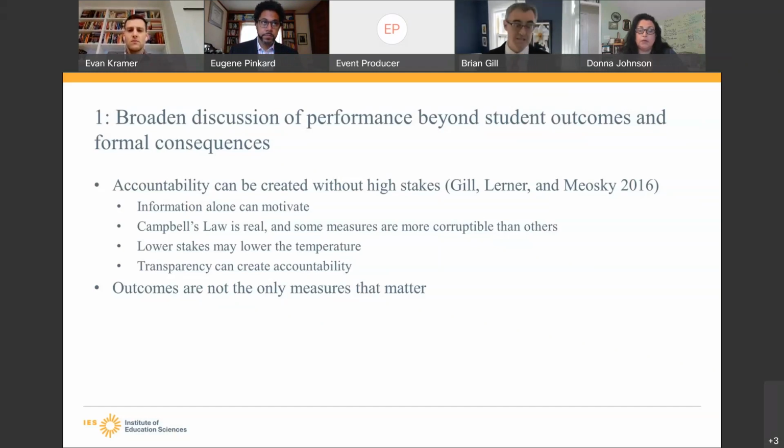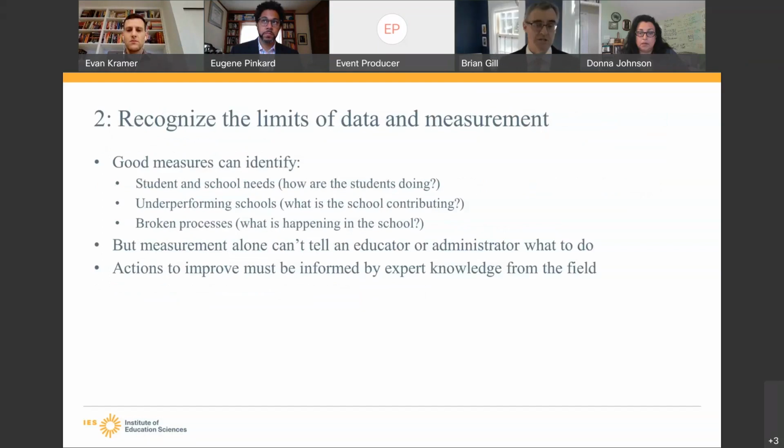Of course, lower stakes may lower the temperature and may make it easier to talk about the implications of some of these measures. And transparency itself can help create accountability. Then beyond that, it's important to recognize that outcomes are not the only measures that matter, that we care about impacts and processes as well, and that those are useful for other kinds of decisions.